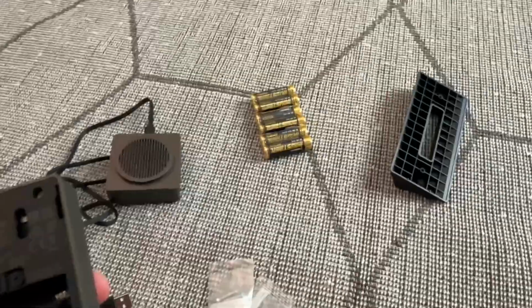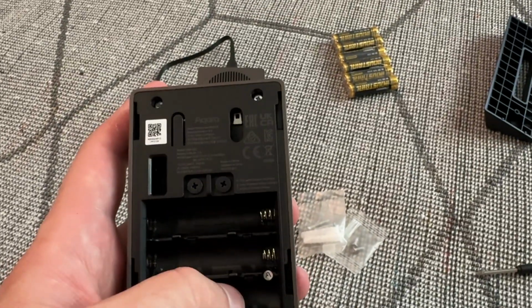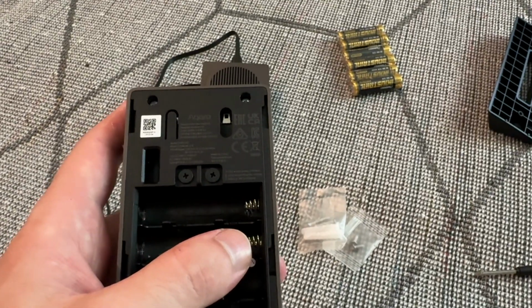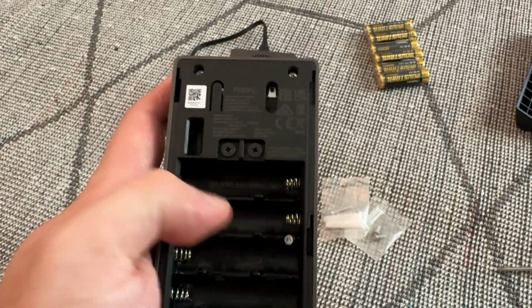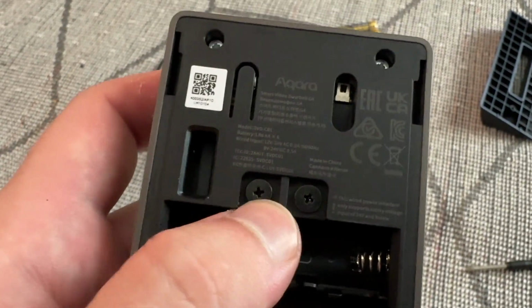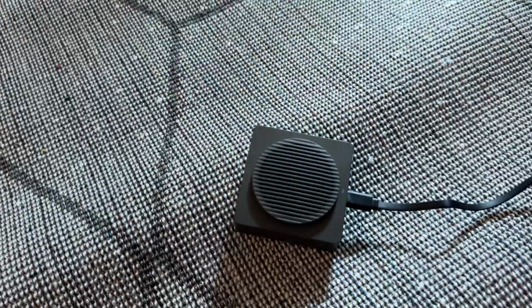Battery's pretty easy. Put battery in here. That's done. I'm going to use these as backups just in case. Maybe not, because if they're in here not being used for a long time, they'll corrode and destroy everything. Anyway, maybe we'll do that, but these are the main ones I'm going to do. Back these out. So I got myself a little wall wart here, and...